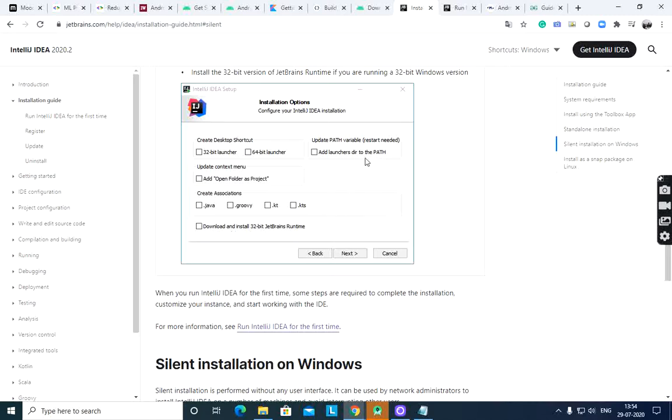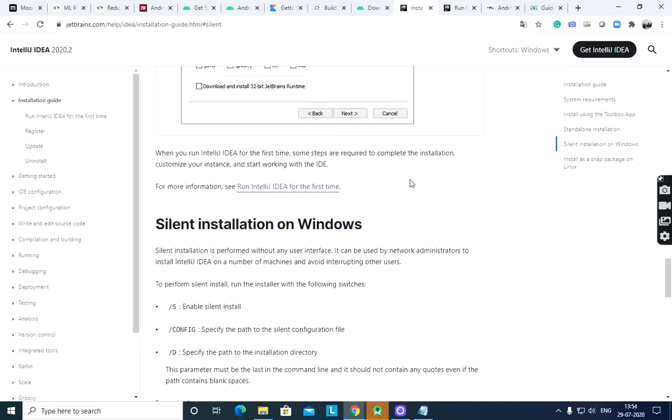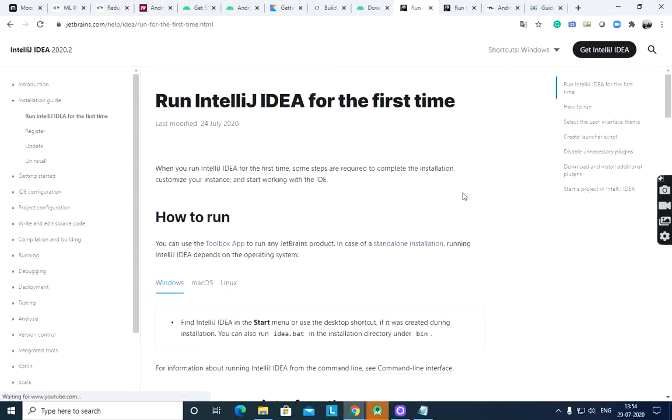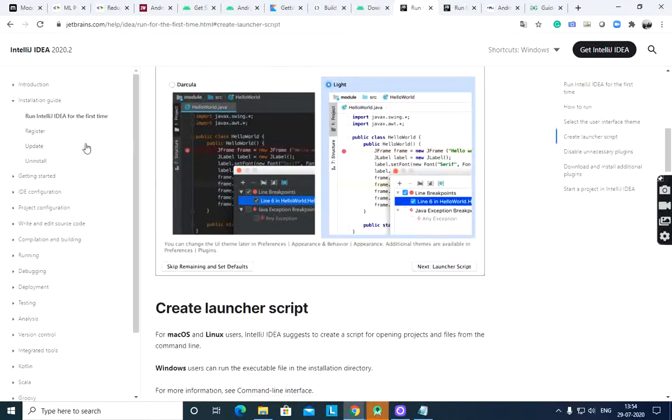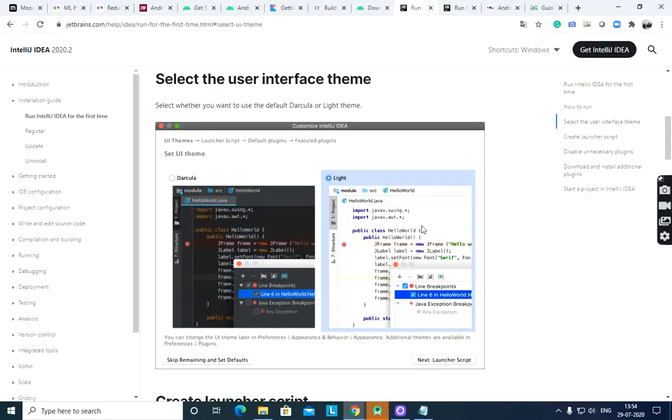Here all the options: add launcher dir to the path. It will automatically add it to the path. Then select next and run IntelliJ IDEA for the first time. It will show this screen for IntelliJ IDEA.